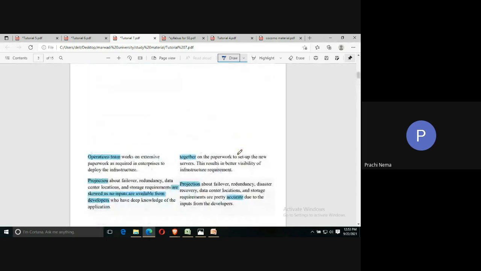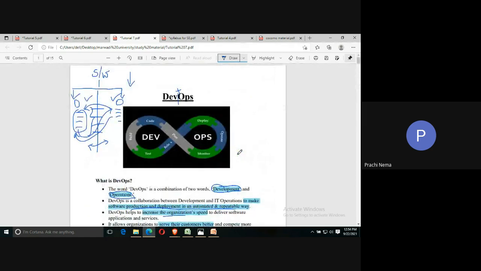Now before this, the traditional way which I was telling about used the waterfall model. You must have studied the waterfall model. In the waterfall model, work happens in phases. That is, after the first phase you can move to the second, and after the second only you can move to the third. So when coding is done, after that you build and test, and at the testing phase you get to know what the error is. Then again you go to the coding phase to rectify that error. So only sequential execution is there, that is one after the other.